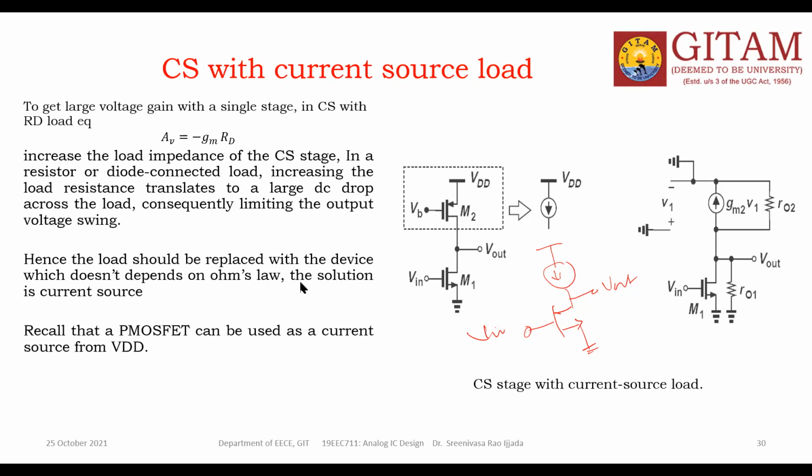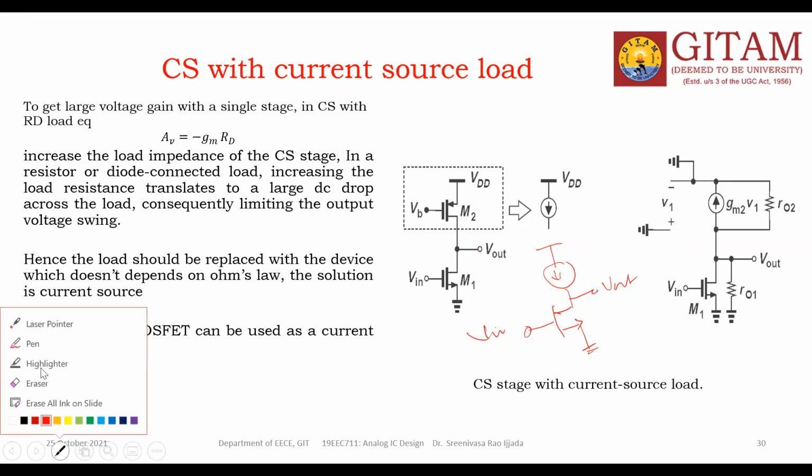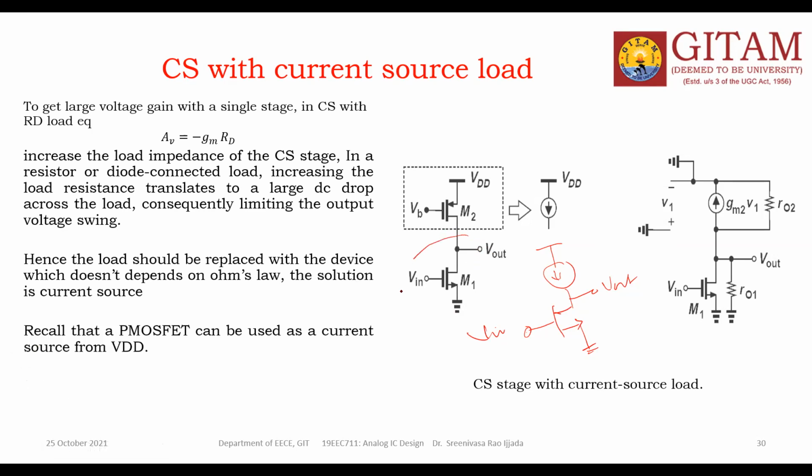The next one is the equivalent circuit, the small signal analysis for this circuit. For this NMOS transistor, keep it as it is. Generally, when this NMOS transistor is off, it offers the resistance of R01. You can replace this device with this resistance also, no problem. And for this PMOS device, you can draw the equivalent circuit like this.